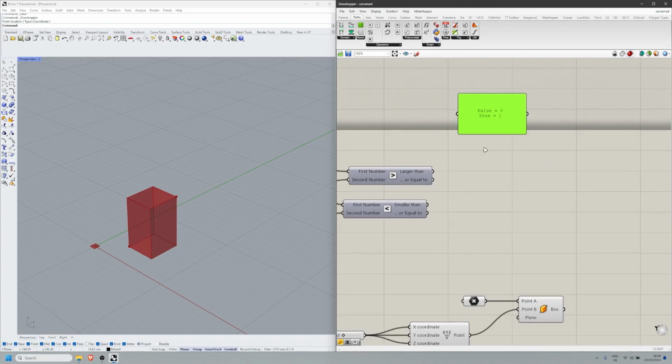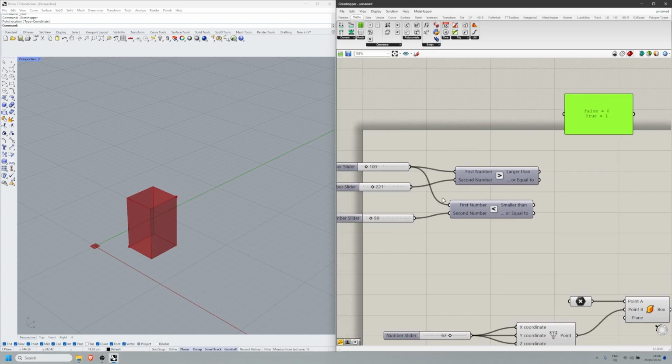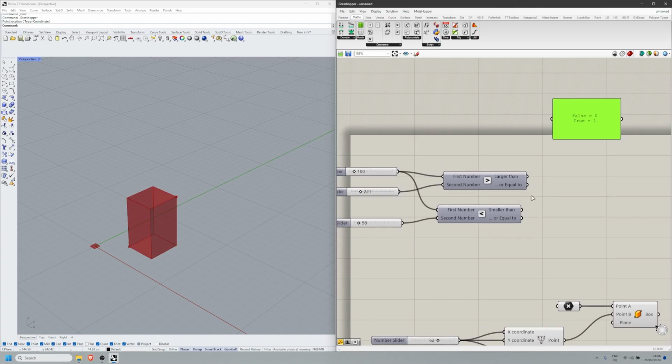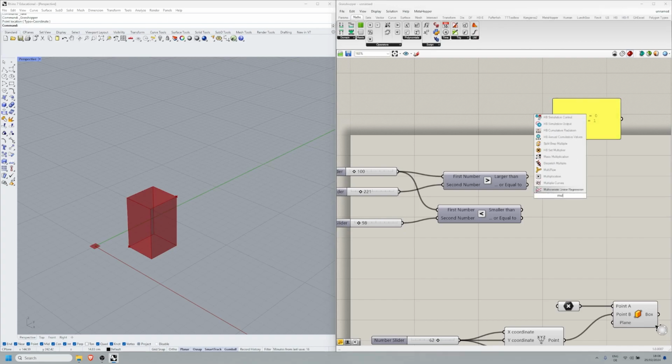We can use numbers as multiplication, for example. Let's say I want them to work when both of them are true, and I don't want it to work if one of them is false. So what I can do is I can create a multiplication,